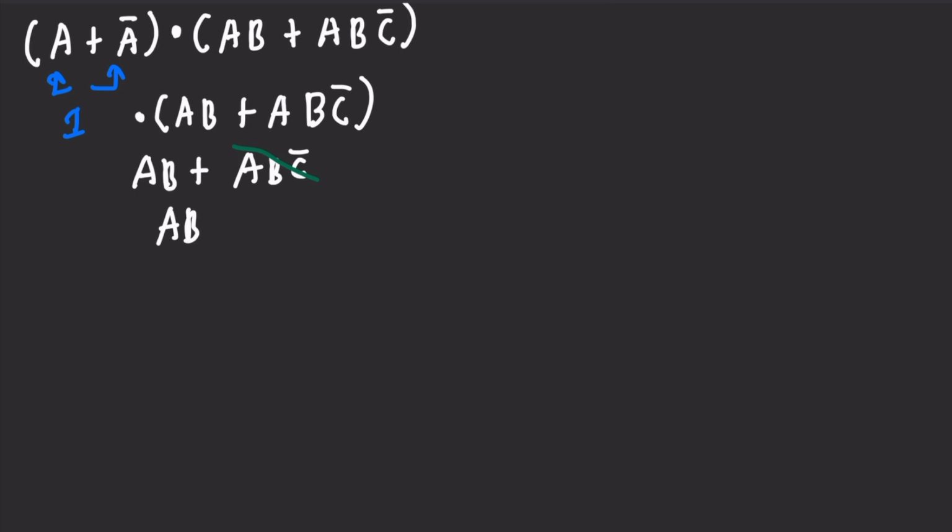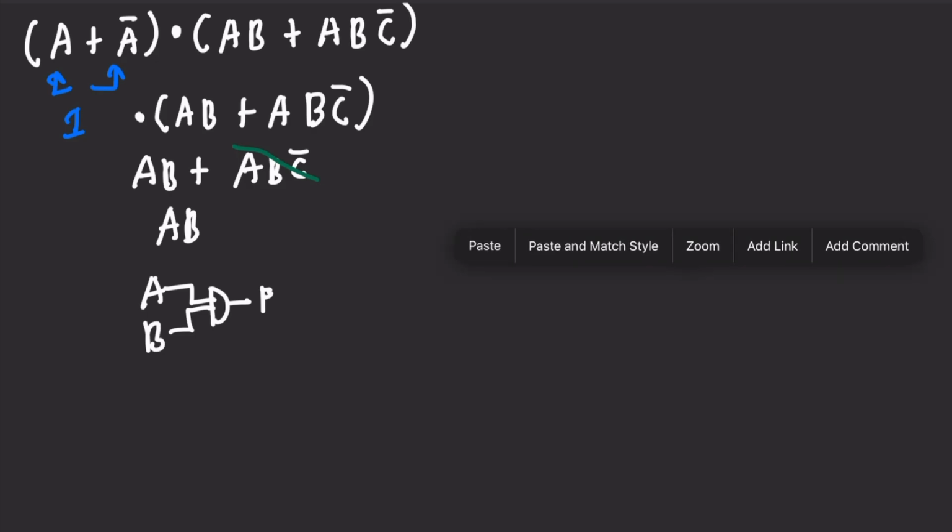So this is actually going to be a really easy circuit. We just have A and B here into an AND gate, and that is our output. If we go ahead and do the same thing,